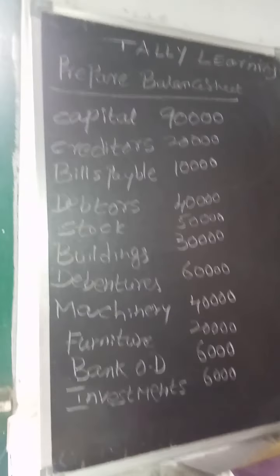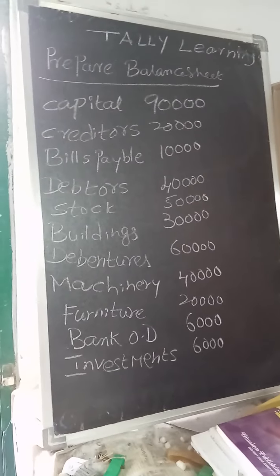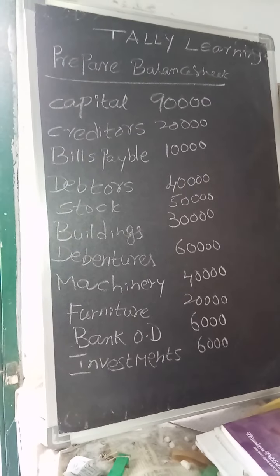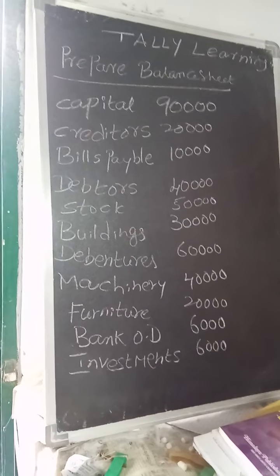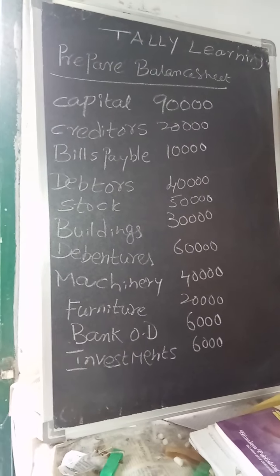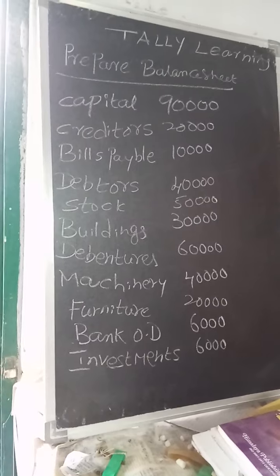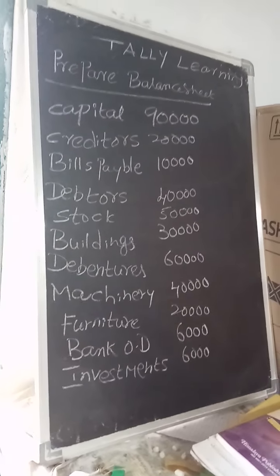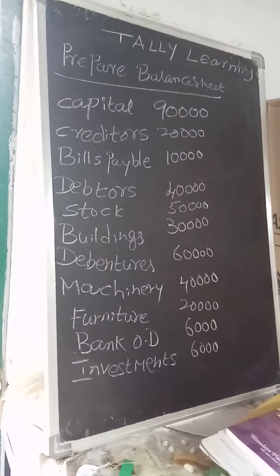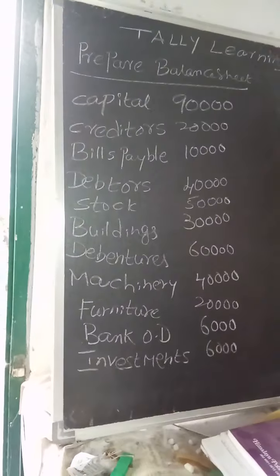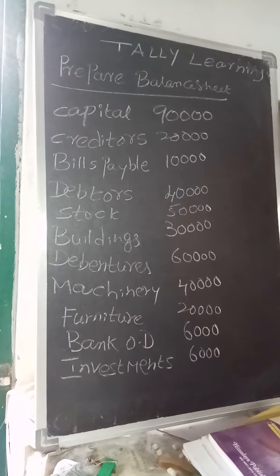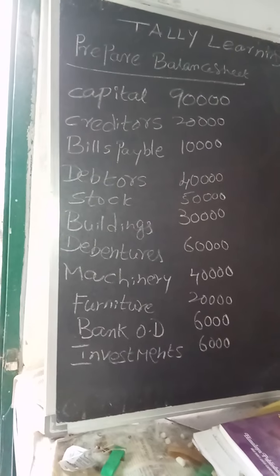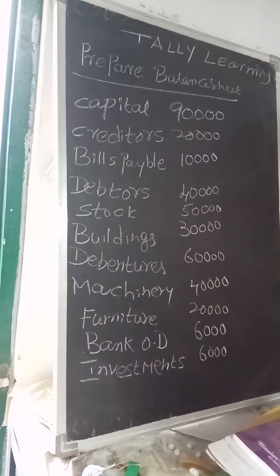My dear students, the very first step is just go to Tally by making a double click and create a company. Okay, Alt plus F3. A new company you must create. Then go to ledger. How to go to ledger means from main menu, select accounts info, ledger, create multiple under all items.